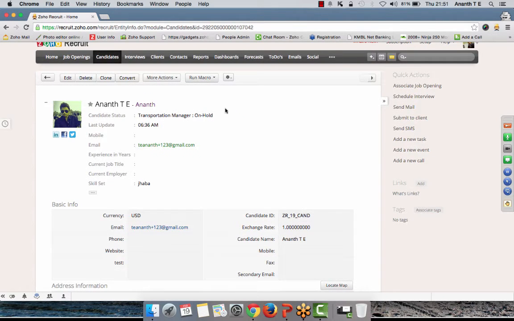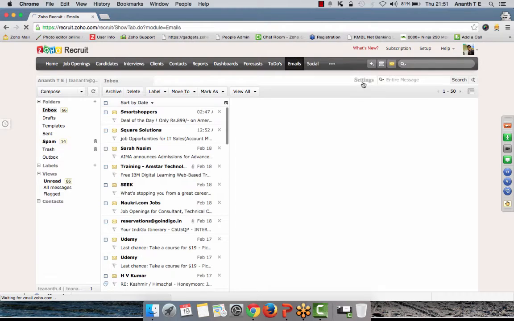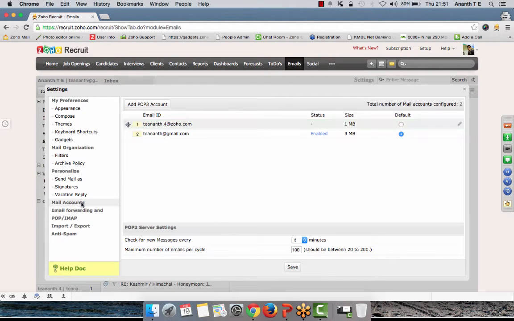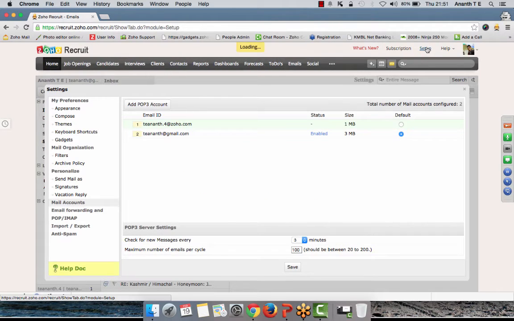The next topic is the email integration, where you can click on emails, go to settings, mail accounts, and add POP3 account to add your own business email accounts into the system. I'll repeat, under emails, there will be a settings tab where you can click on mail accounts to add your own business email accounts. The other way to do that is going into setup,